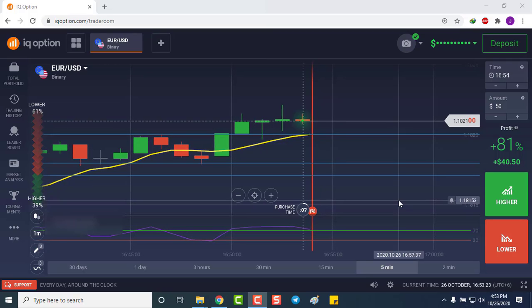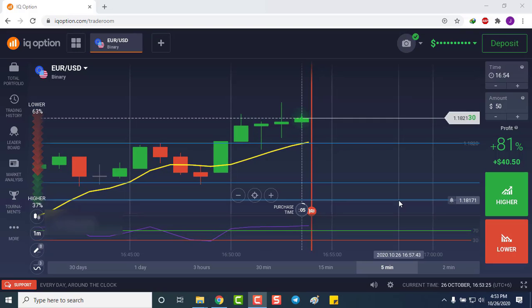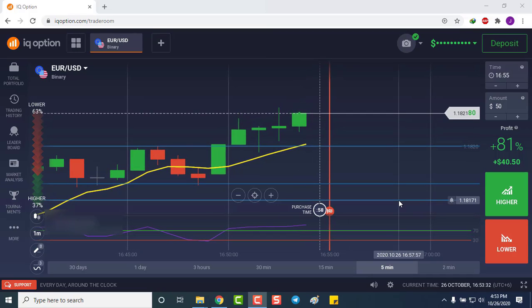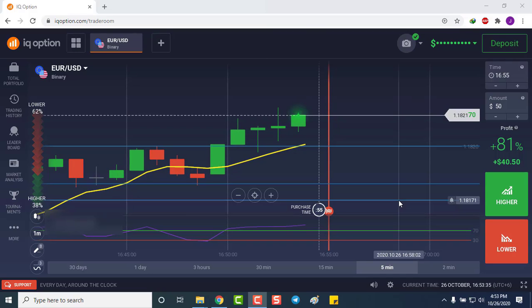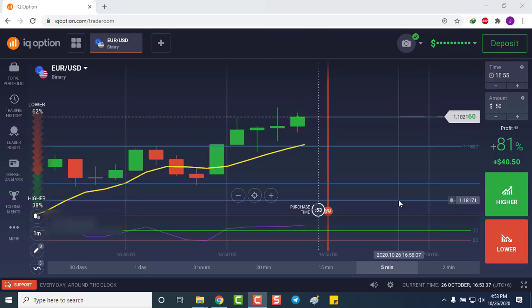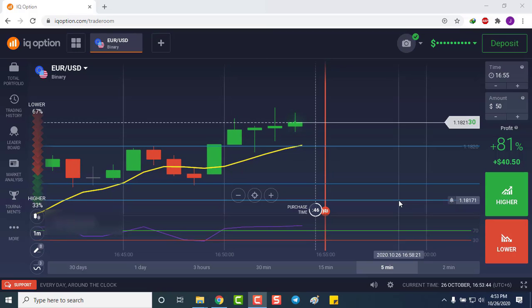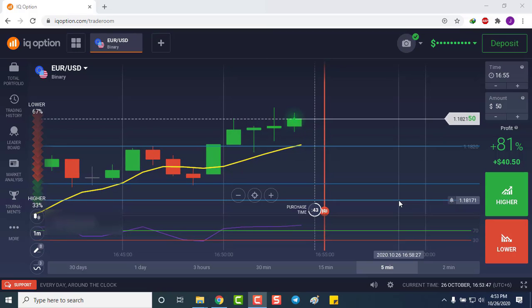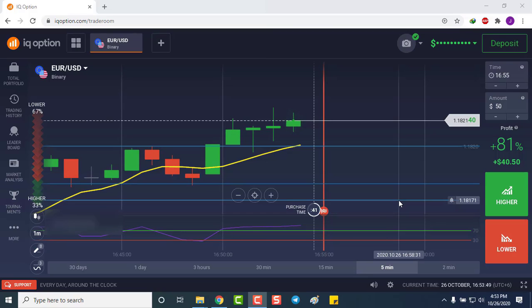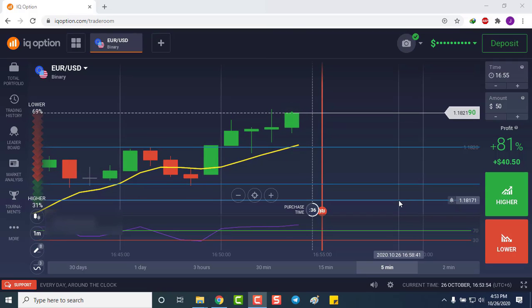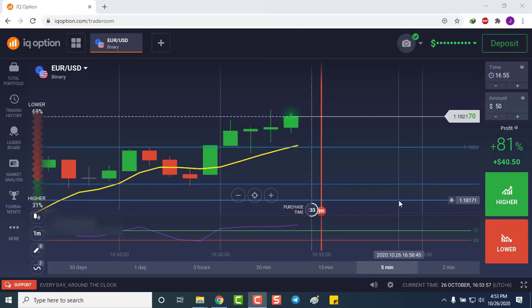Guys, I want to tell you something very interesting. It is true, the binary or forex market respects support and resistance levels, but still there are a few strategies where you don't need to think too much about them. The PP Trend Crasher strategy is one of them. I have a couple of my own strategies that offer a 65% to 80% winning ratio, and when you are using those strategies, you don't need to think too much about the support and resistance level. But guys,